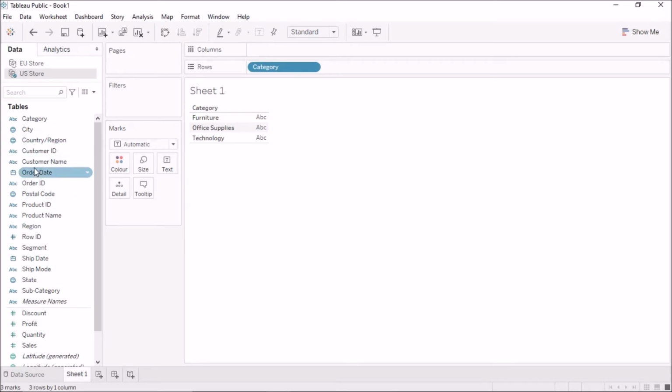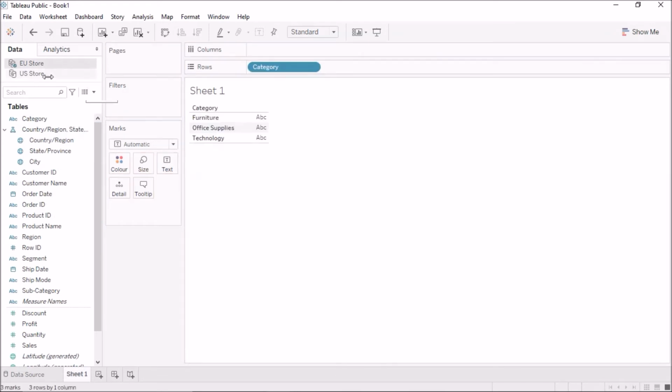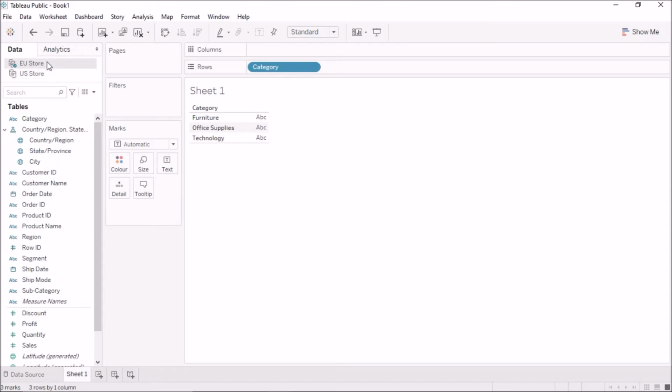Okay, so from the US store I dragged this region, and hence this becomes a primary. So if I come here to European, and if I drag category now, this will become the primary data source. Okay, now if I come to American data store now, I'll have a few linking fields. These are the 4 linking fields that I selected at the beginning. So these 3 are the non-matching ones, and this is the matching field, right? Category on category, and hence this is the orange colored, and now it is matching on the category, and hence I can easily blend these 2 data sources.